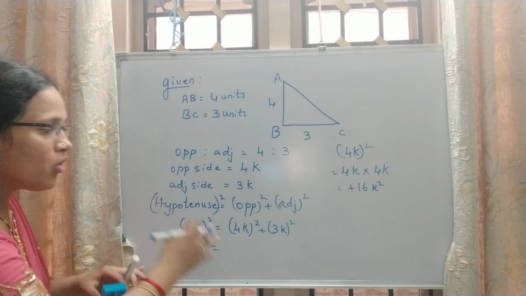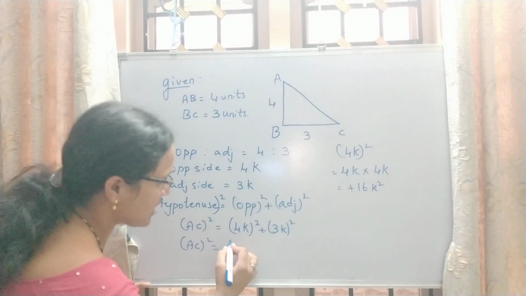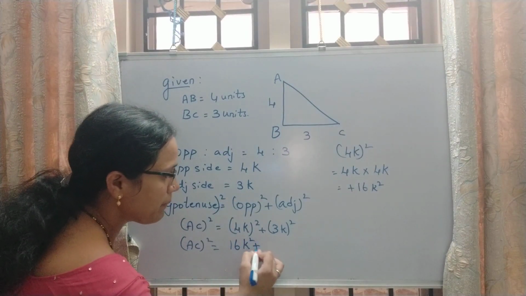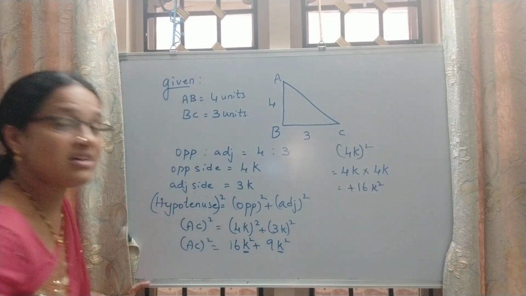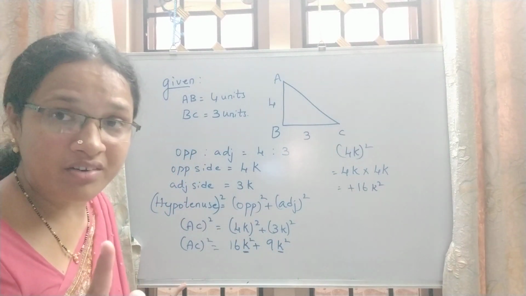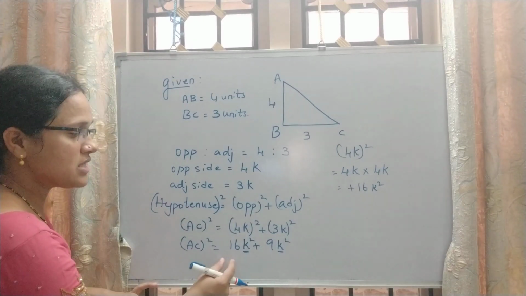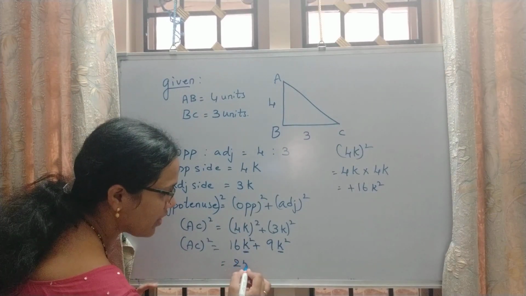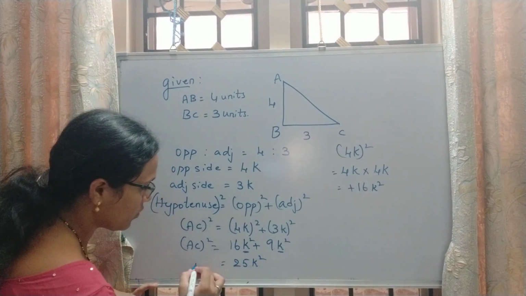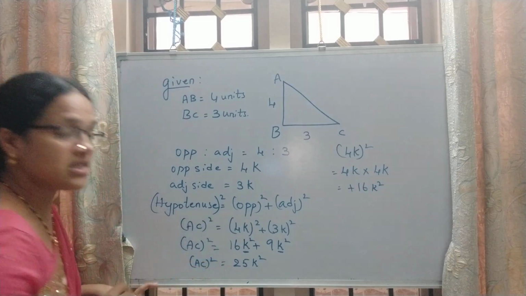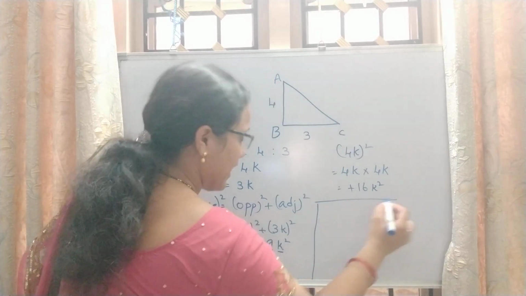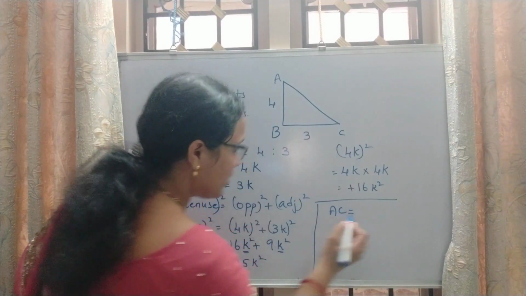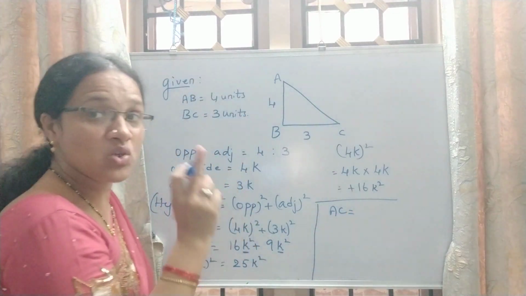Yes. So now going to this one, 4k square is nothing but 16k square plus this becomes 9k square. As we have the same numbers, same variable with the same power, you can add them. So 16 plus 9 gives you 25k square, which is AC square. AC square is equal to 25k square, and when the square goes to the other side, it becomes square root